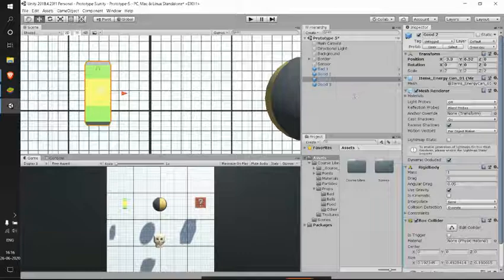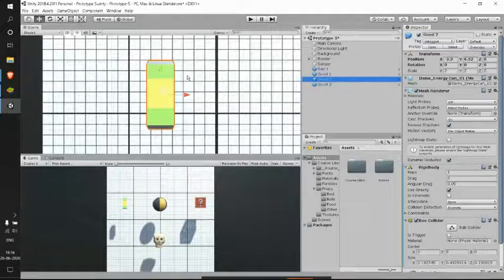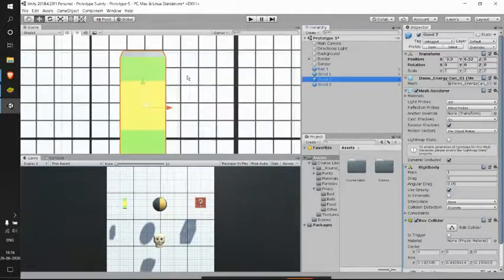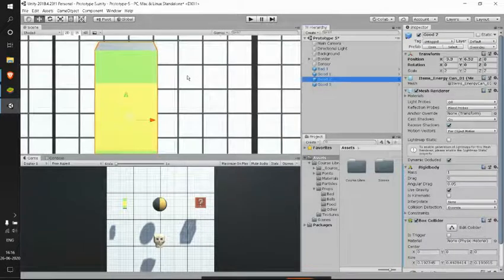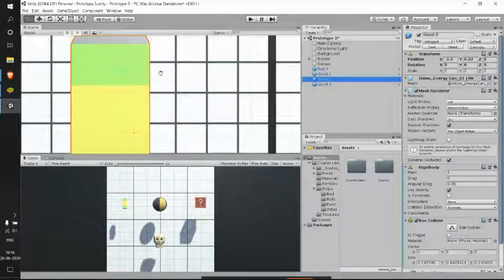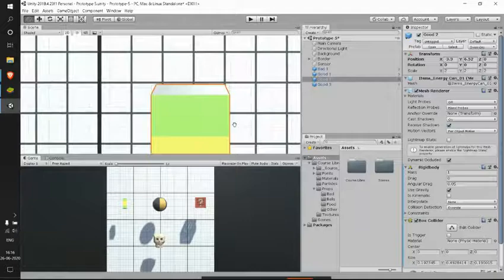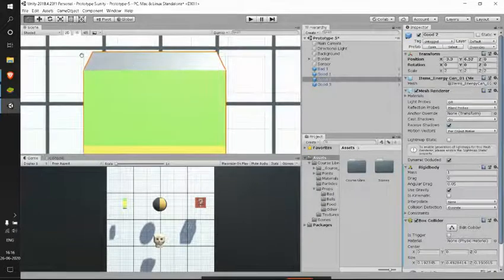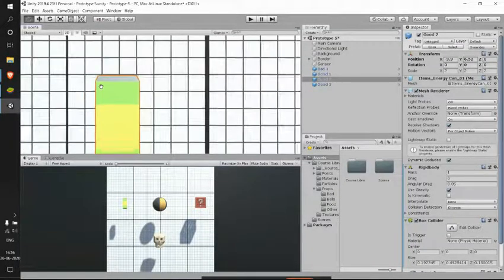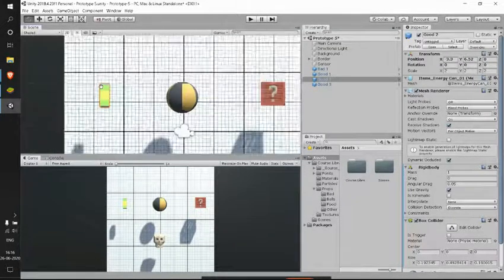Yes, if this is also green, but it's not visible, right? As this is also green. See, we have this box collider like this. So I guess this is pretty fine for these colliders.